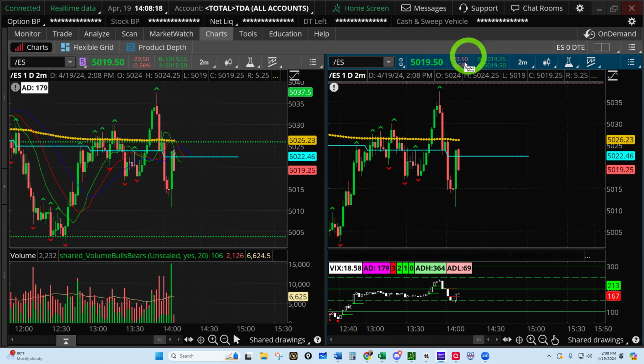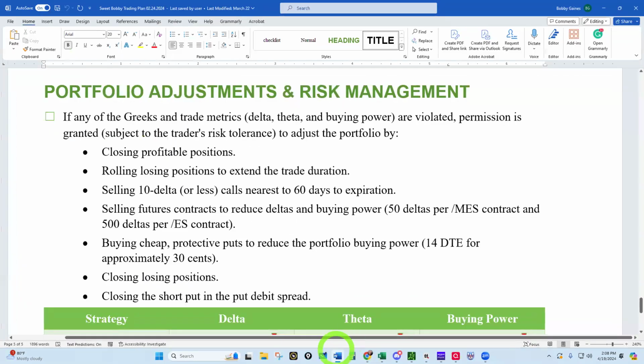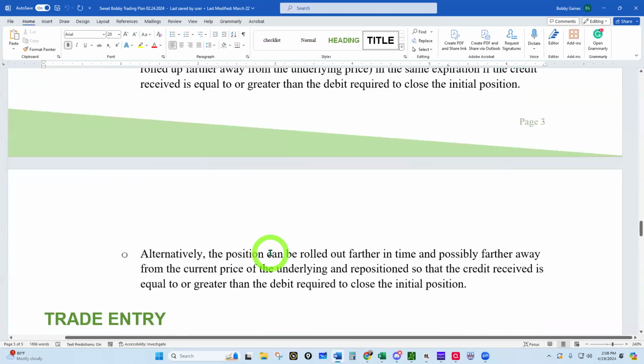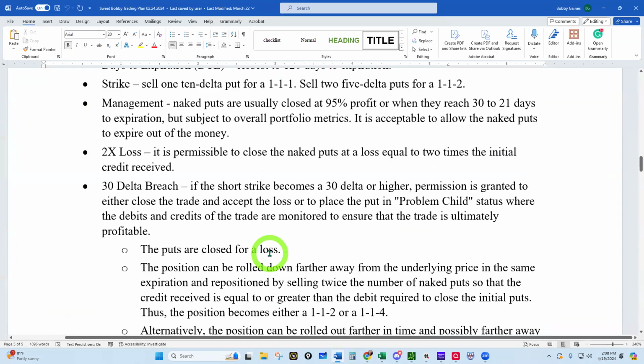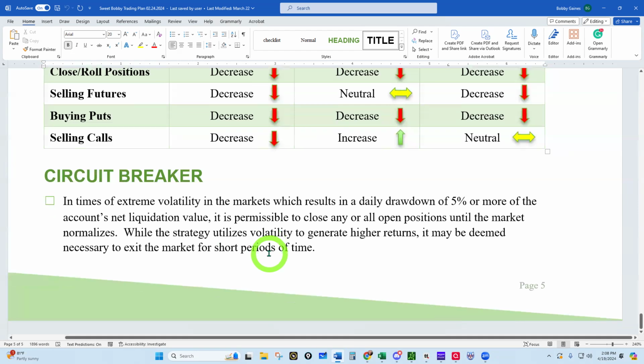I've heard all kinds of stuff that people are scared, and don't be scared. You just got to trade your plan. Remember, you and I have a trading plan that tells everything that we're supposed to do. Everything. There is not one thing that we have left off here. Everything is on here. So the first thing before you start making knee-jerk reactions,